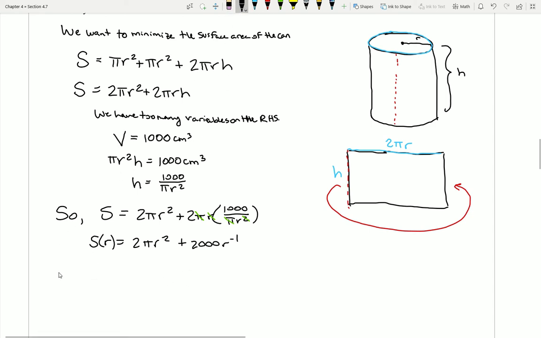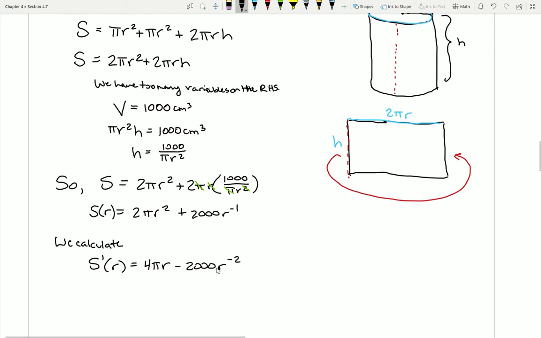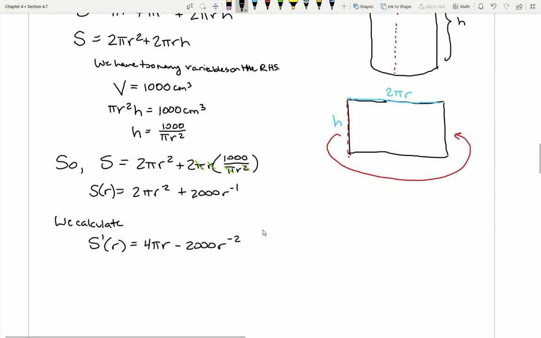So let's go ahead and calculate the derivative. We calculate that s prime of r is going to be equal to, let's see, 4 pi r to the first power plus, oh wait, this negative 1 is going to come down, so I'm just going to change this plus right away to a minus. It's going to be minus 2,000 r to the negative 2. Now I need to find when this is going to be equal to 0 and when it might be undefined. So to do that more simply, I'm going to go ahead and rewrite this